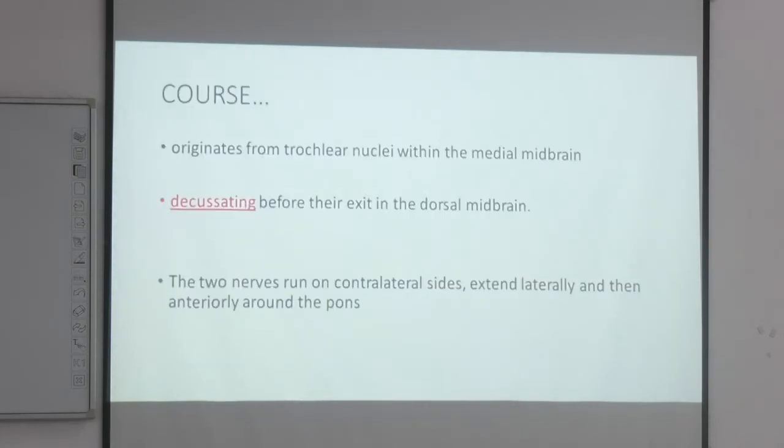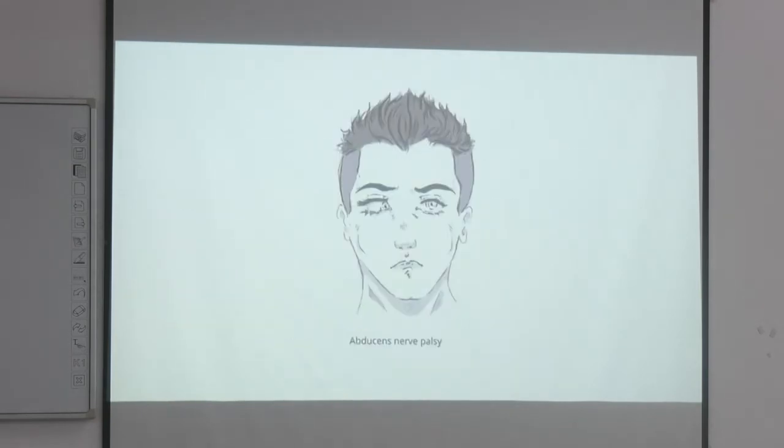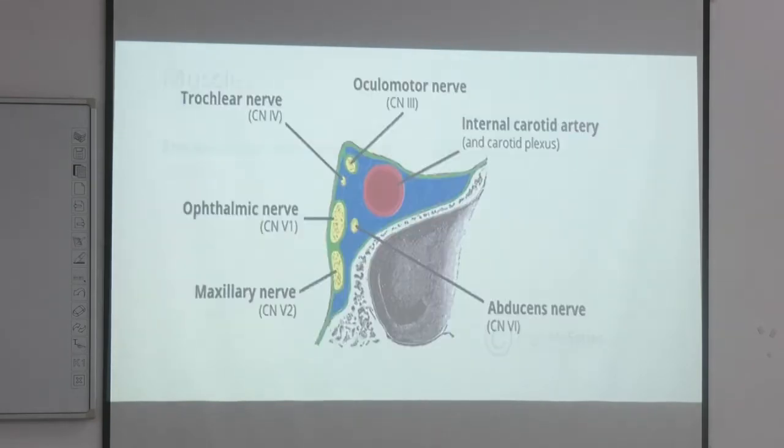Inside the cavernous sinus you see this trochlear nerve is a little bit higher in position. So once it gets out of the posterior side of the brainstem, it crosses over and reaches the cavernous sinus, piercing the dura, and then it occupies a higher position close to the roof, runs through the cavernous sinus, and gets to the orbit